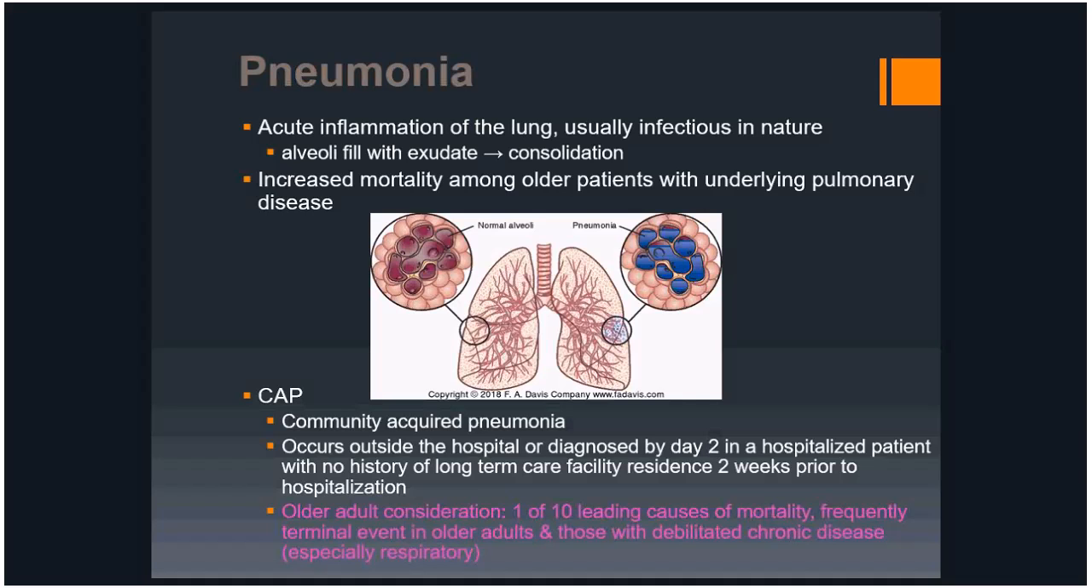Community-acquired pneumonia, which does need to be distinguished from nosocomial pneumonia, occurs outside the hospital or is diagnosed by day 2 in a hospitalized patient that does not have a history of long-term care facility residence 2 weeks prior to the hospitalization. Keep in mind that with older adults, 1 in 10 leading causes of mortality is due to pneumonia